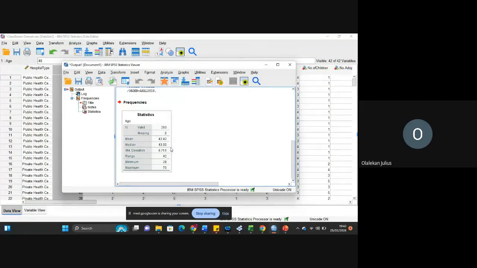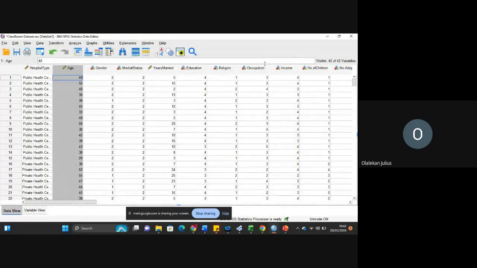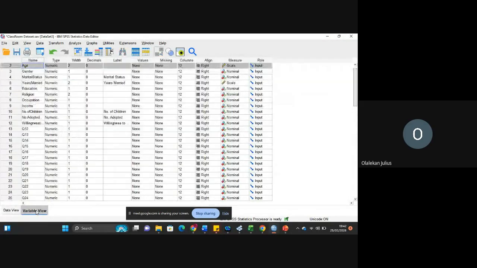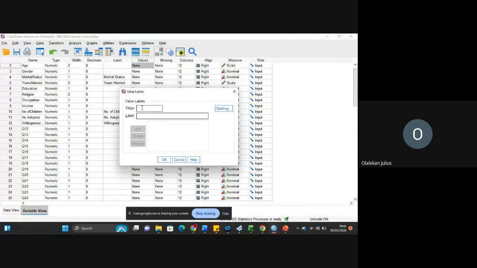Upon getting that, I will now go back to my variable view. I will go to my values. I want to define those values. Now, we have 28 as the minimum and 70 as the maximum. So we can now say